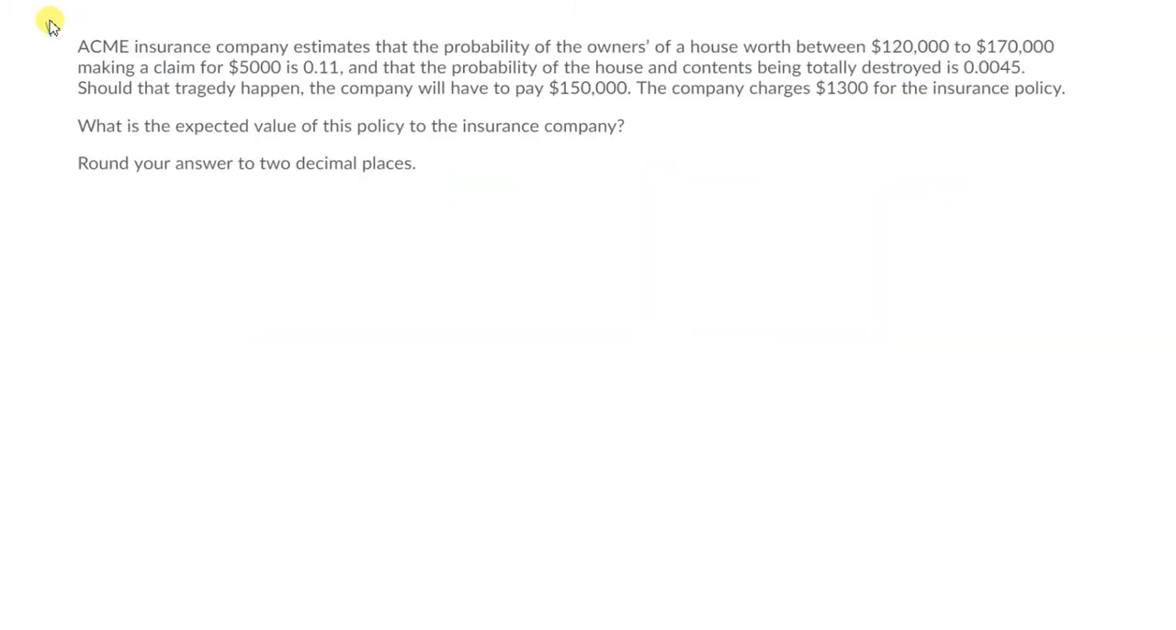Okay, so this is our problem number 3. And so what are the different outcomes? What are the probabilities of getting that outcome? And then what happens when you multiply? Okay, so one outcome would be